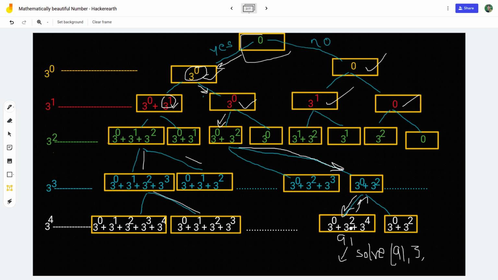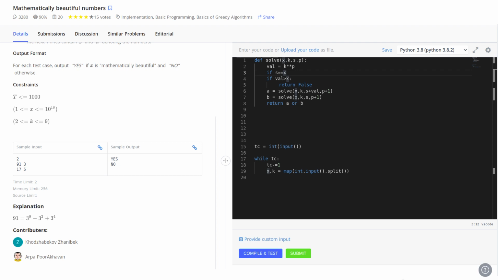This is our solve function, and here the first value is 91, another value is 3. For this one, this is our sum, which is 91, and again this was our 4. For the next function it will call 5 only, right? So for 5, now you can see this one and this one got matched. At this point of time, both got matched, so we should stop. So if sum is equal to x, then we should return